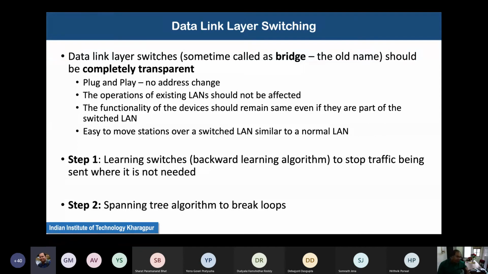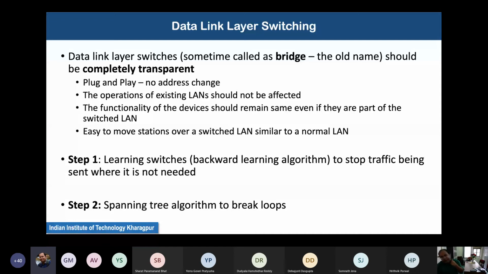For example, Wi-Fi switches work like a bridge because they interconnect the Wi-Fi interface with the Ethernet interface. So in one LAN you have one type of network, and in another LAN you have a different type. That's why the term bridge is sometimes used to point out the data link layer switches.